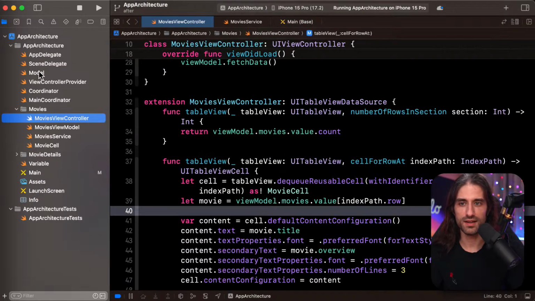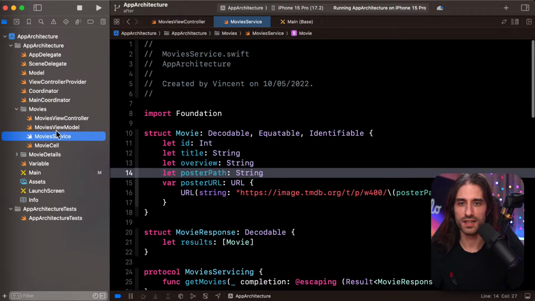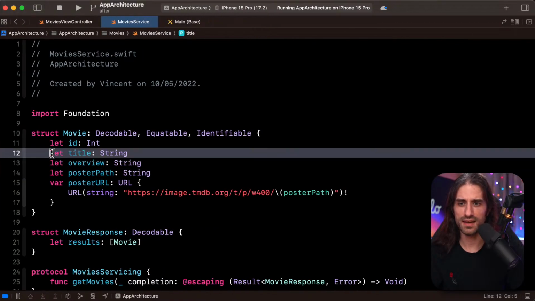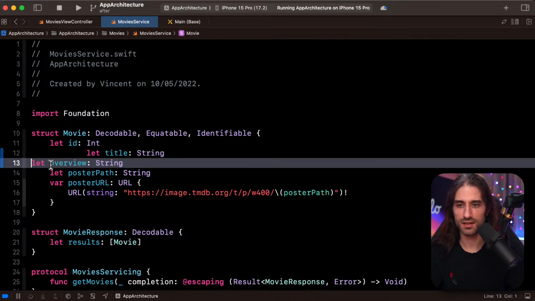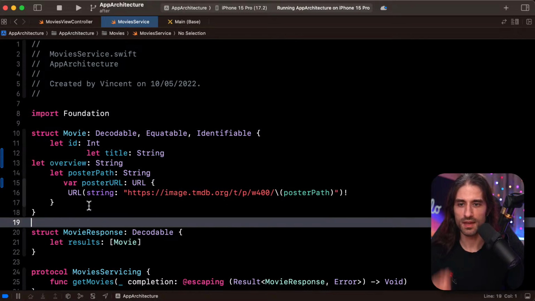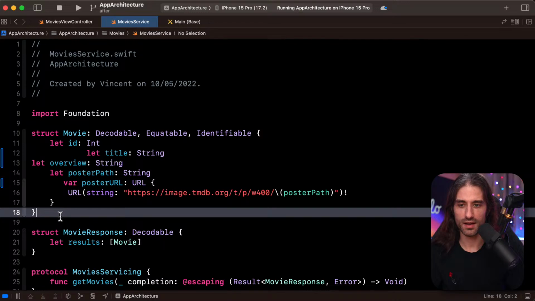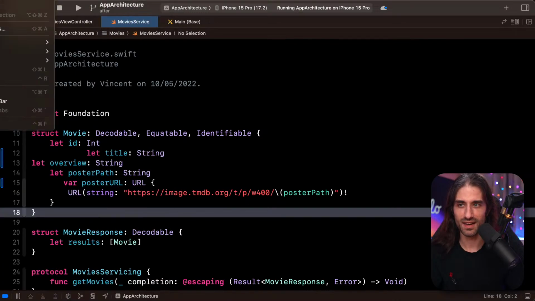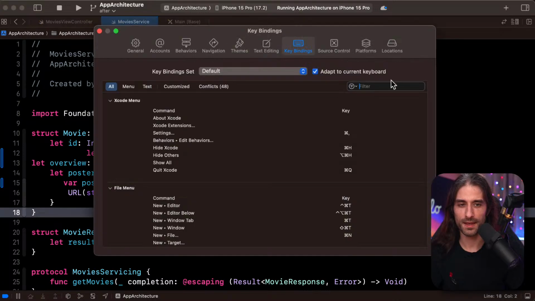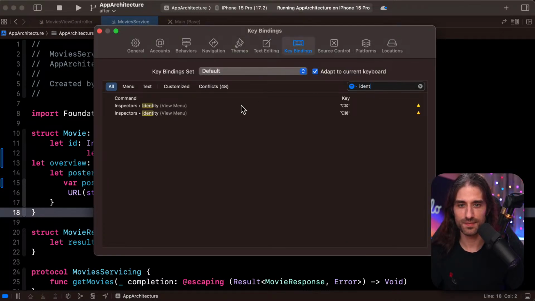So let's go like here, for instance, and let's make a mess of things. Yeah, like that. And if I hit Control I, it's supposed to reindent. It didn't. Why? Let me search for indent.